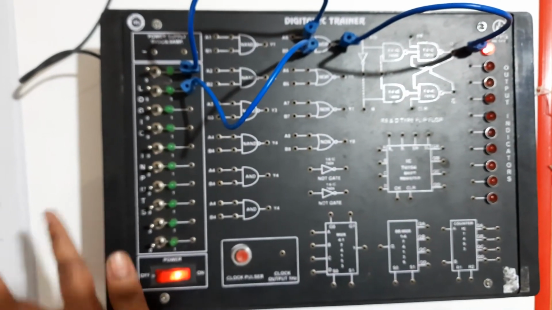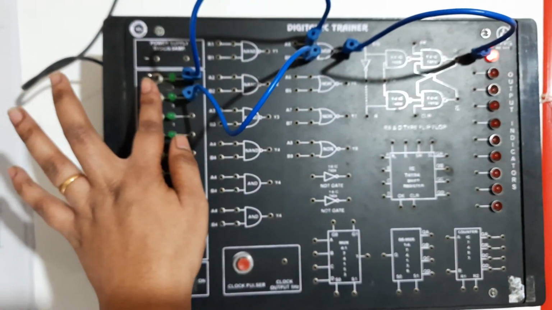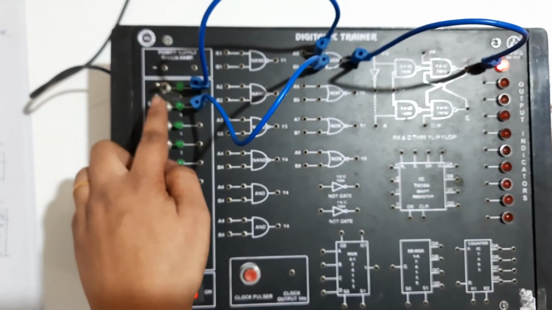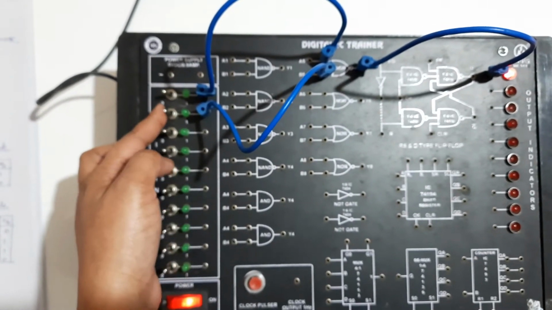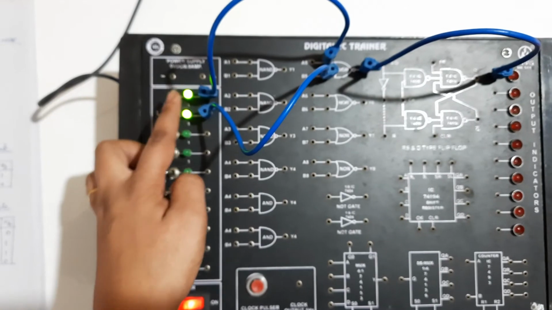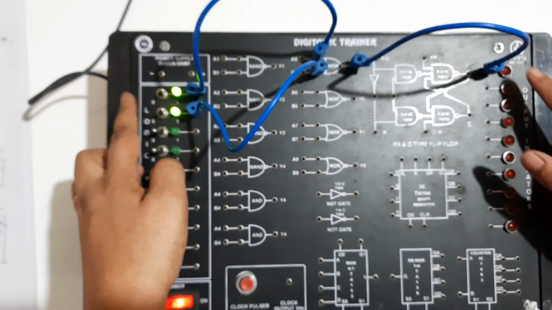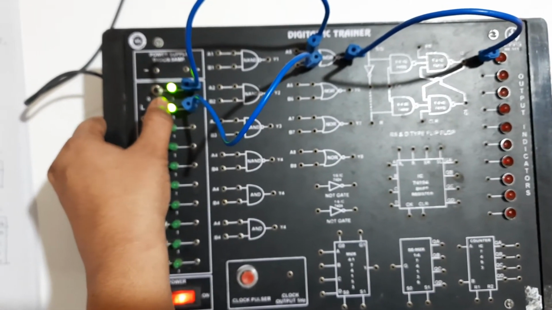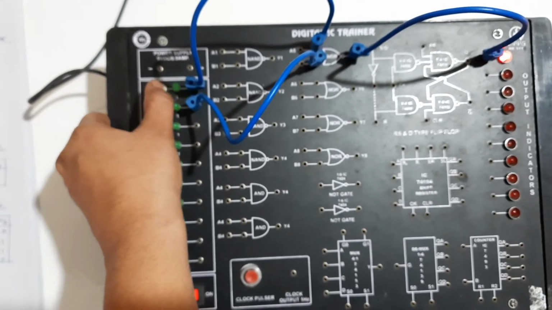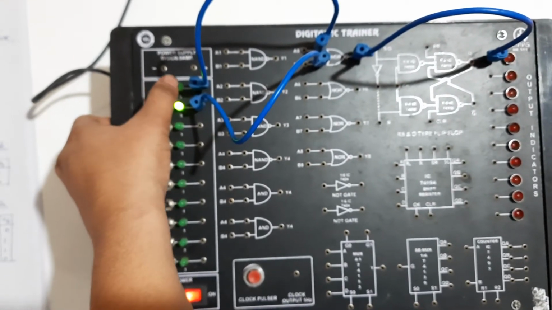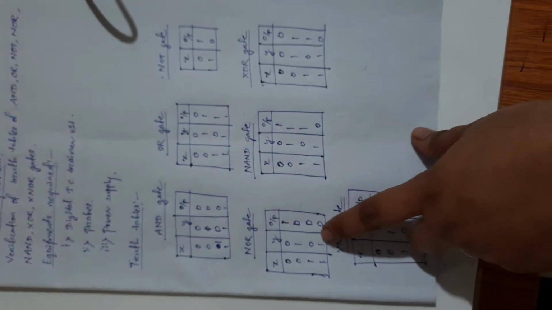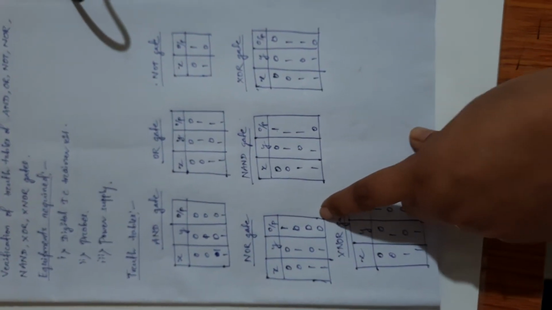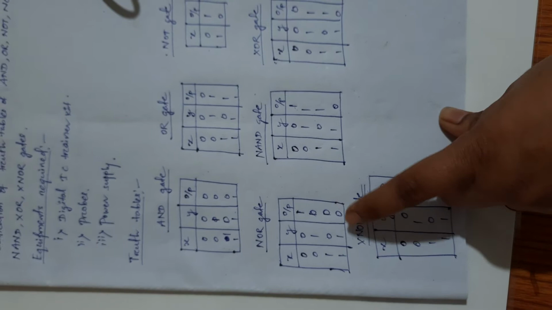See, whenever these 2 inputs will be 1, then only output will be 0. If any of these inputs are 0, then also output will be 1. These 2 inputs are 1, then only output is 0. If I am making at least one input at 0, so now we are verifying the truth table for NOR gate, and there was one mistake and it is rectified